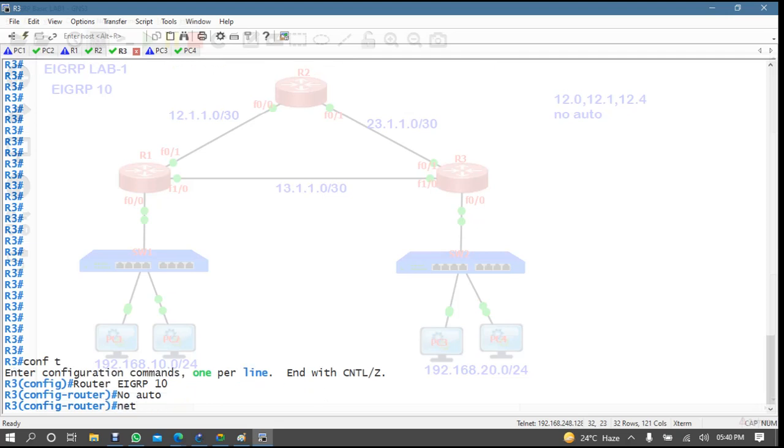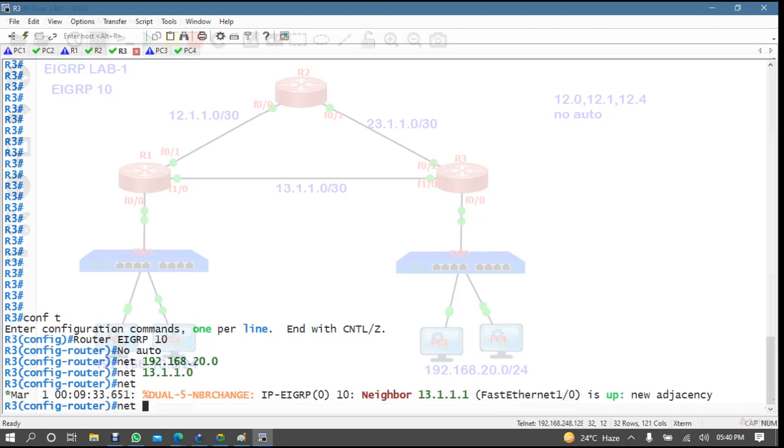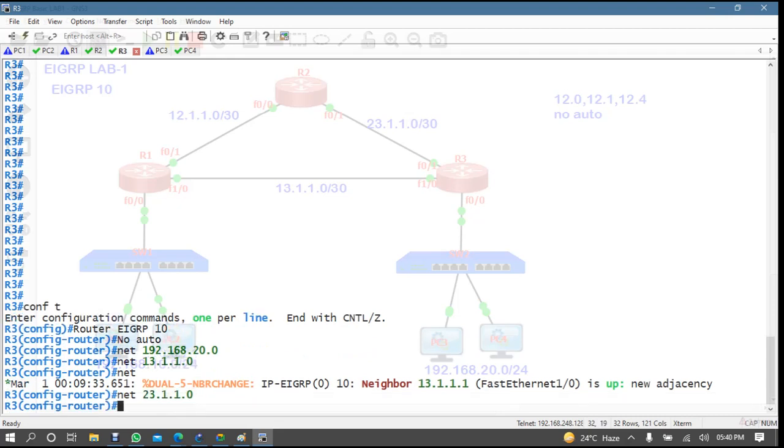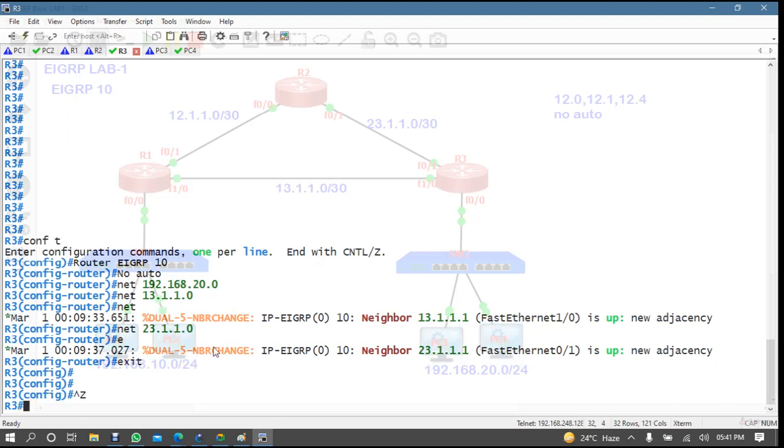Then you type your network 192.168.20.0, then network 13.1.1.0, then network 23.1.1.0, and then exit. You can see here the neighborship is up. And does EIGRP need a wildcard mask? No, I'll explain that one by one.